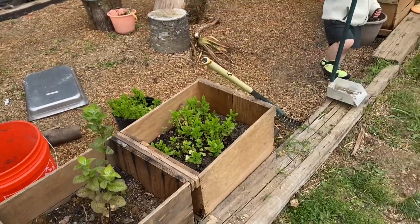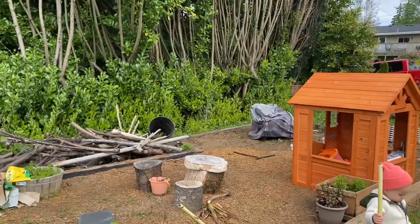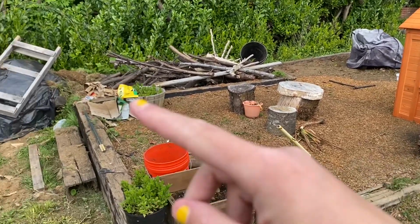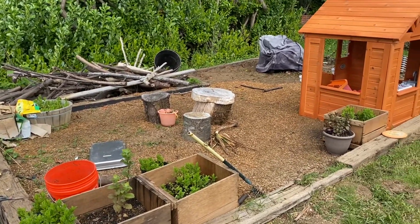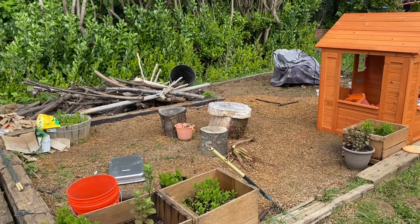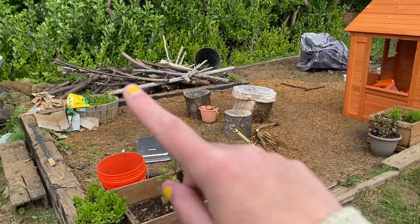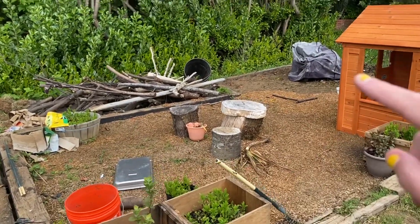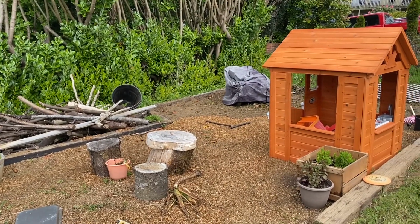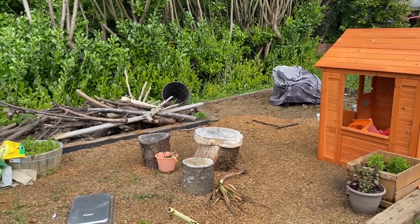My idea here is to make kind of an arbor entry, and maybe put fencing around, although wood is so expensive this year. I don't imagine anything happening anytime soon. And then probably more planters around the back. It kind of sticks out that way, and I'm trying to decide where to put a greenhouse. Might put it up here, but it doesn't get a ton of sun up here,